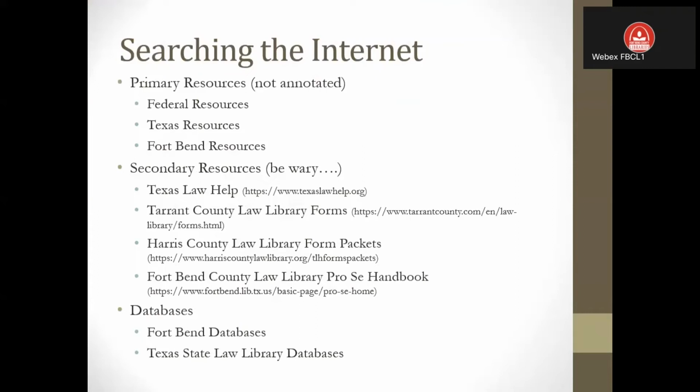Maybe it'd be an encyclopedia that talks about that particular area of law. Maybe it's going to be a form guide that lists a form for you that you could use. It's going to list some additional case law that talk about that area of law, whether it's in the annotated code or what have you. So online, it's just going to be the code.